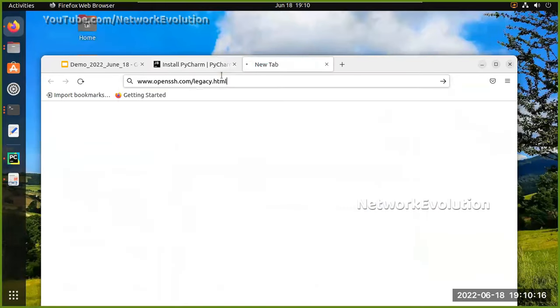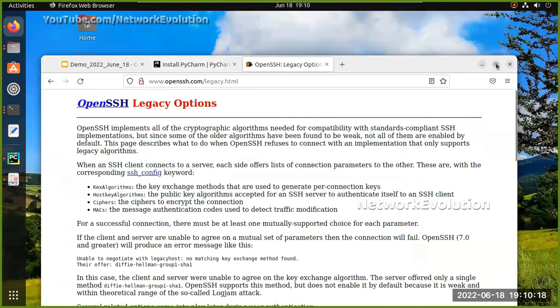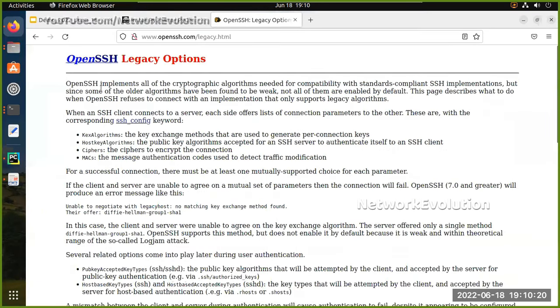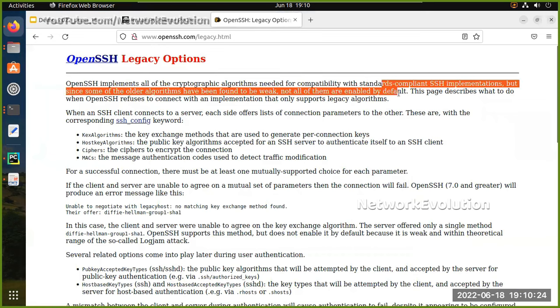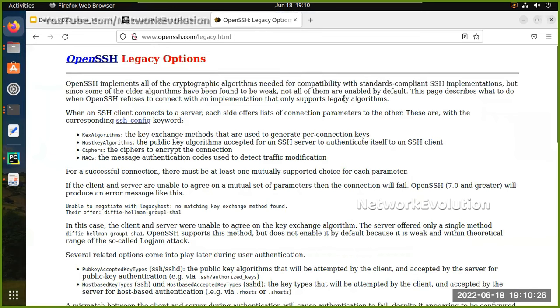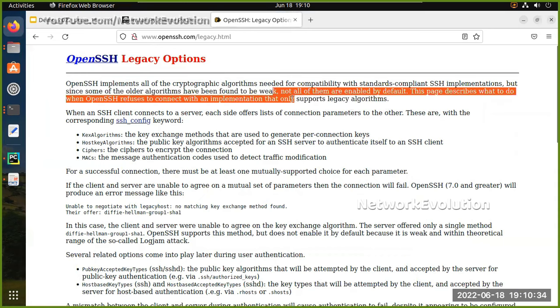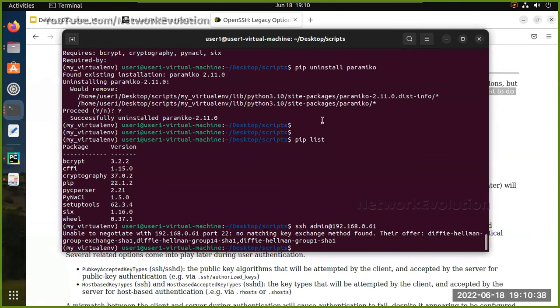I'll just put one of the OpenSSH documentation. So here you can see, right? OpenSSH implements all the cryptographic algorithms. To support some of the weak algorithms, they are disabled by default. So how can we enable that? In Ubuntu, what you need to do is go to